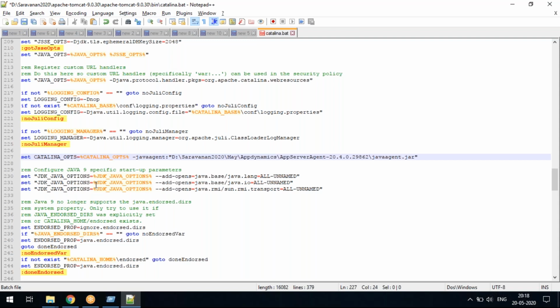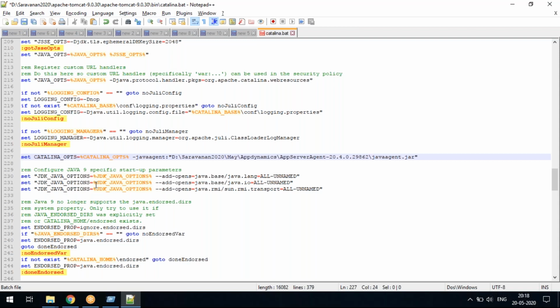Whenever your Apache Tomcat application server is loading, it will take this agent also along with the loading. Think of it like this, Dev. You are starting your server. Some supporting files, some initial configuration files should be loading in the initial loading time itself, right? So you are setting that condition in the Apache Tomcat server, which is the argument called catalina.opts.